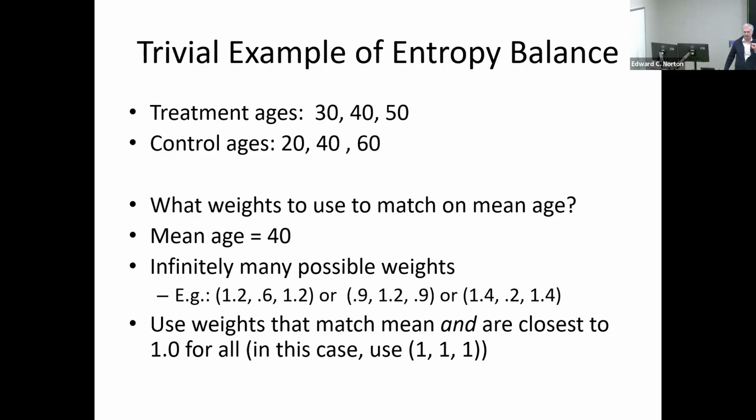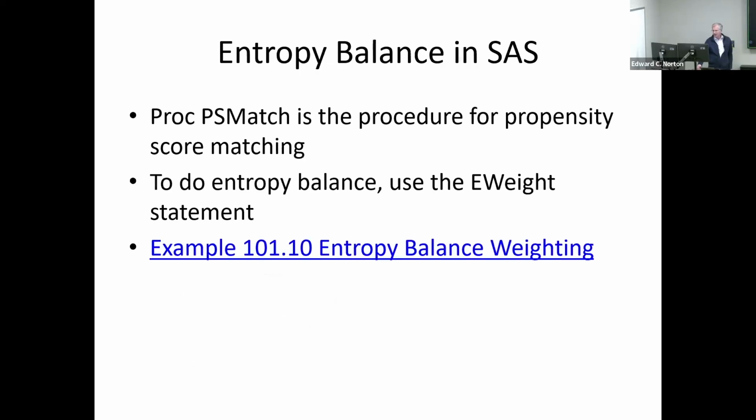Yes? When it says closest to 1, is that like an average, like if you had 1, 1, 10,000, or if you had 5,000, 5,000, 5,000, making this up? Yeah, so it uses maximum likelihood. There's a function. I don't remember exactly how it does that, but it has a way of deciding what is closest to 1. Sorry, the question was, how do you decide what closest to 1 means?